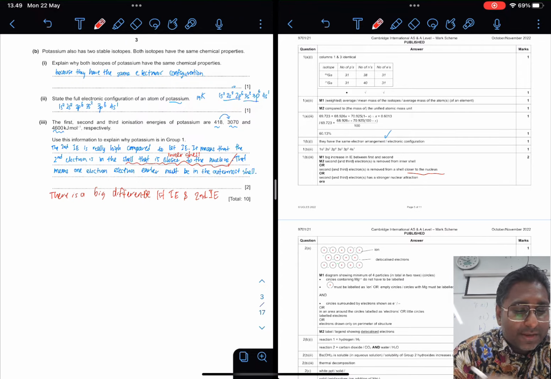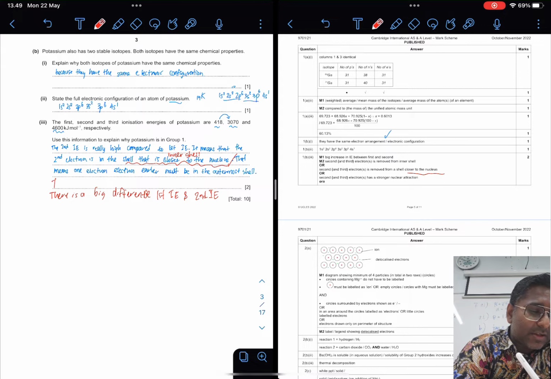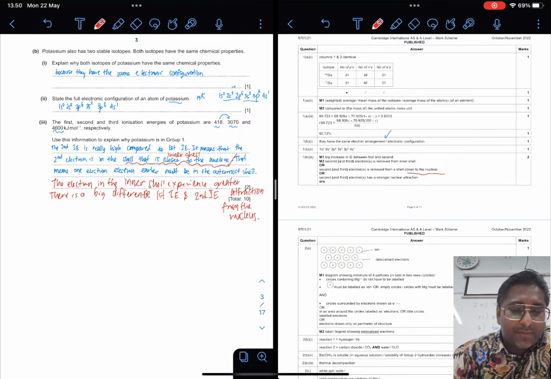We didn't write it down, so you just need to write down that the electron in the inner shell experiences greater attraction from the nucleus. Okay, now so next,